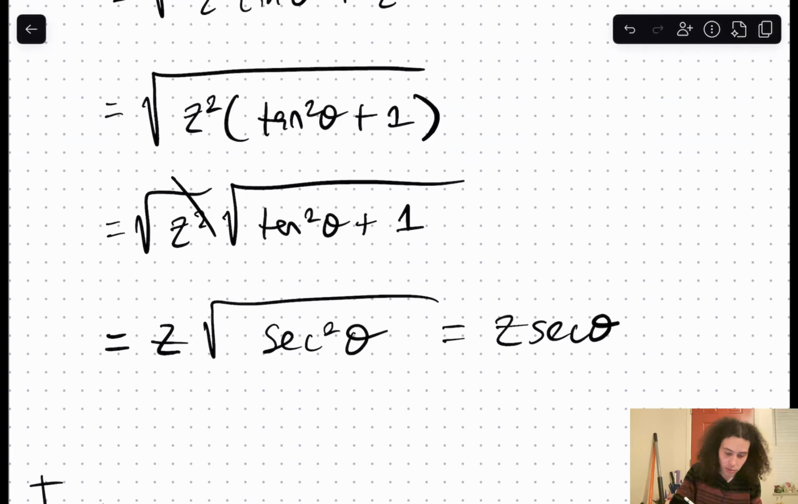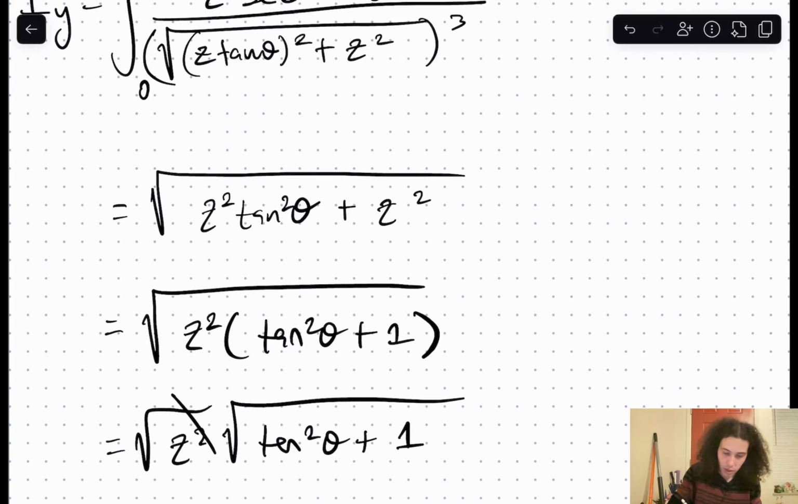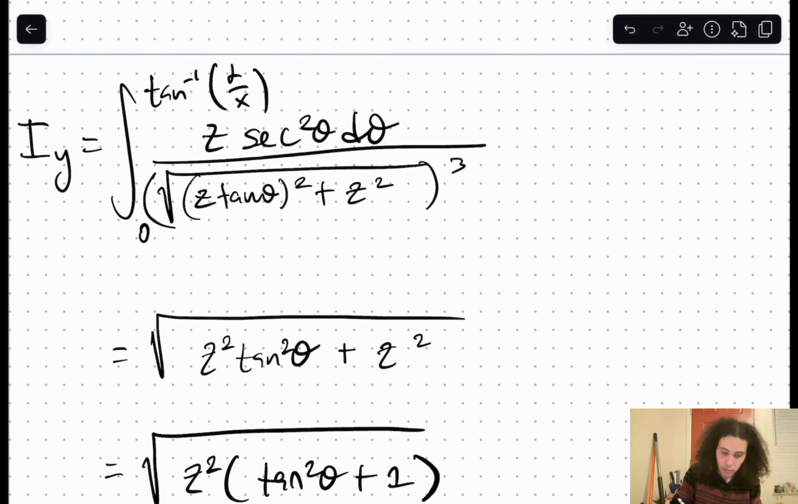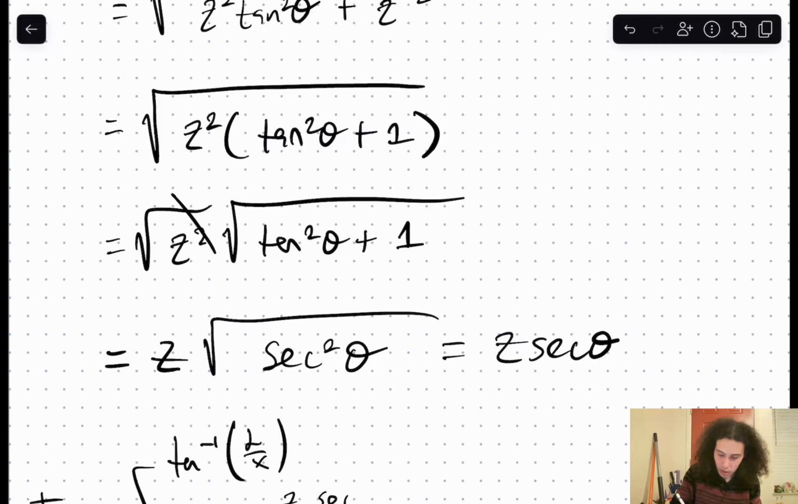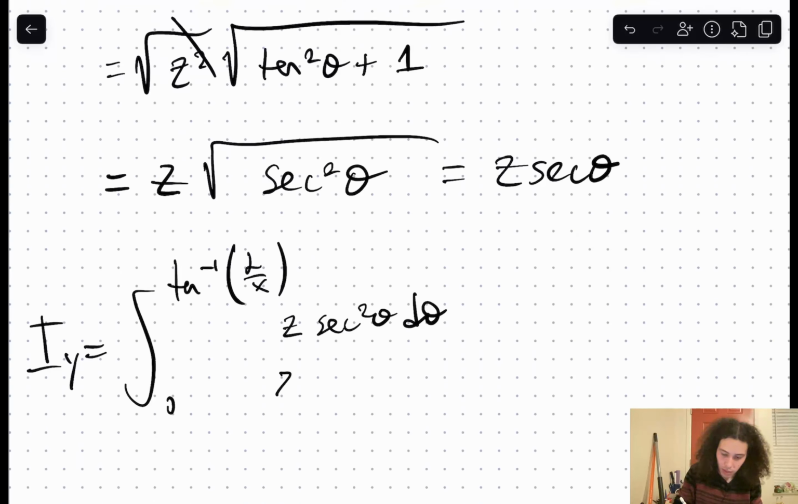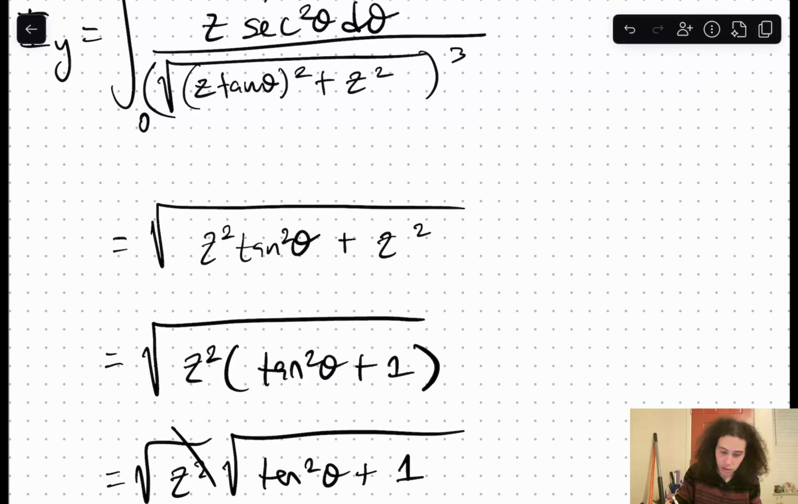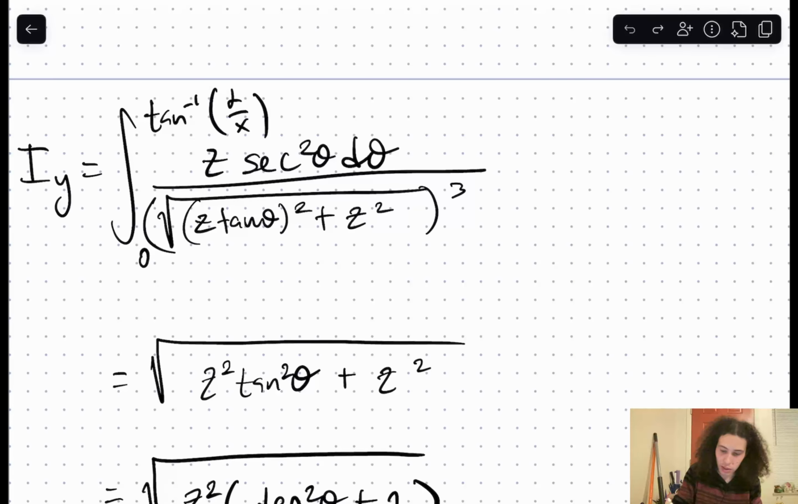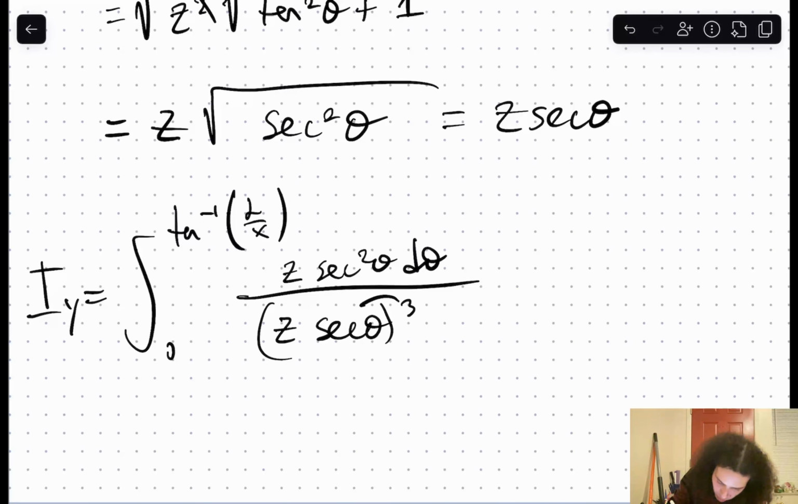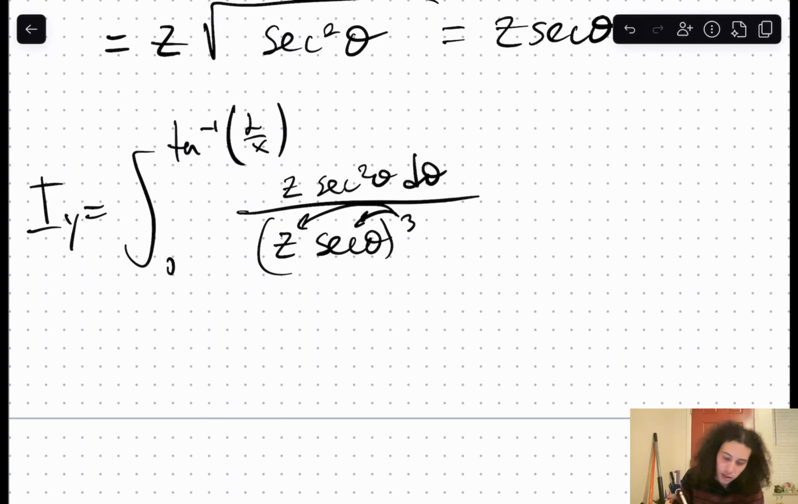Iy is going to be equal to the integral from 0 to inverse tangent of L over x of z secant squared theta d theta, and now you have z secant theta to the power 3, because we dealt with this inside part. Now there's the third power here. Distribute this 3 into the z and the secant. These cancel, and you end up